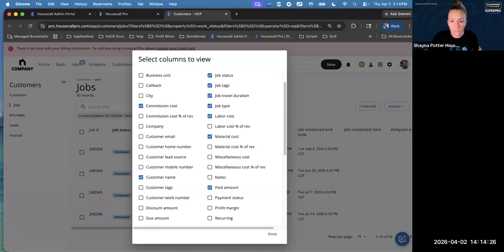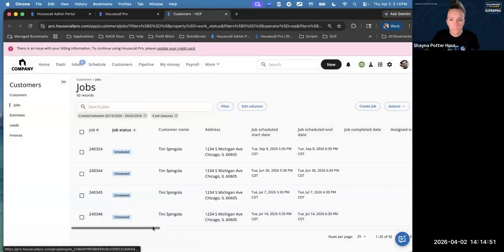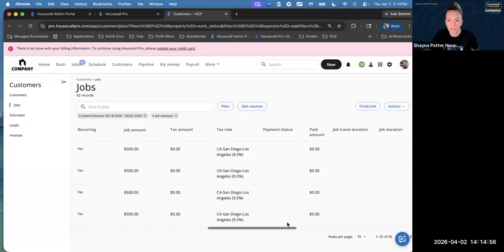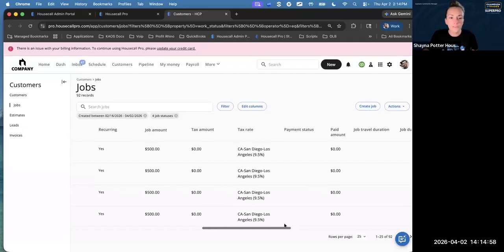So if you're wanting to see your notes, and every single job needs to have some sort of update, some sort of note on it, you can see easily all of them by clicking on notes and just click all of these things so that we can show what it looks like. Yes. So if you scroll over, there's going to be a little bar that you can drag over, and it'll tell you all the data